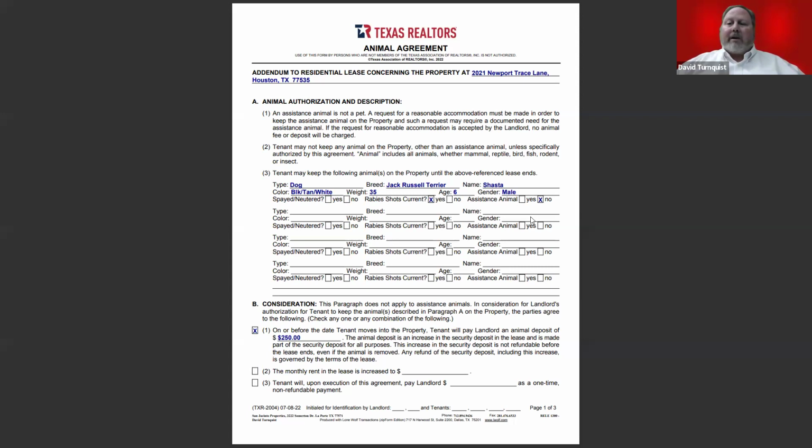However, if petscreening.com comes back and says, yes, we have verification that this dog is indeed a trained service animal, then even if we don't allow pets, we have to accept that dog because it is not considered a pet. It's considered basically a person,